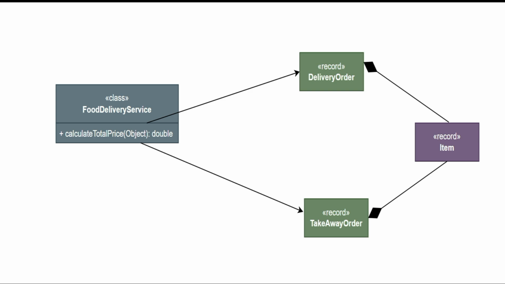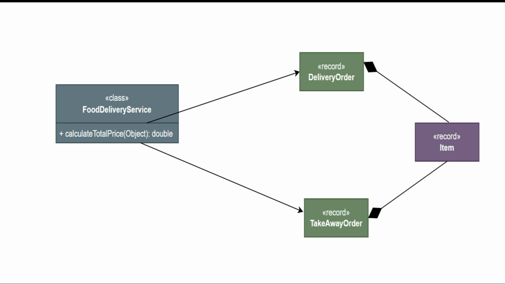The first record would be item, and this record will provide the price of the item. I will create delivery order record, and this delivery order record will contain three components. The first component would be order ID, the second component would be the item record, and the third component would